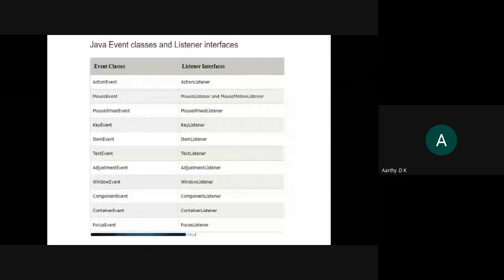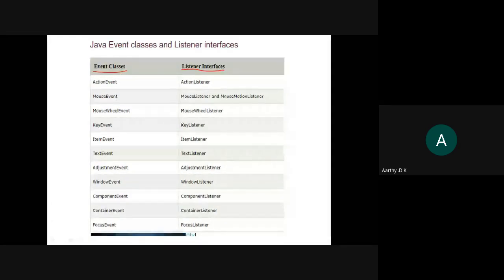These are the different classes and the different interfaces that we have. These are the event classes. As I told you: action, mouse event, mouse wheel, key event, item, text event, adjustment, window, component, container, focus. These are the different kinds of event classes that we have, and these are the corresponding interfaces.